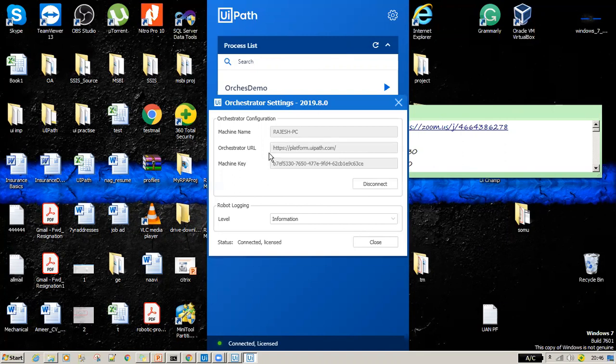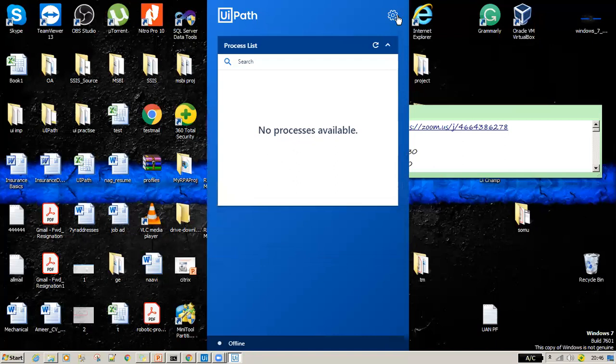As of now, my orchestrator has a connection with platform.uipath.com. I will try to disconnect this and make connections and configure everything from scratch. Initially in your systems, let me show you that navigation one more time.